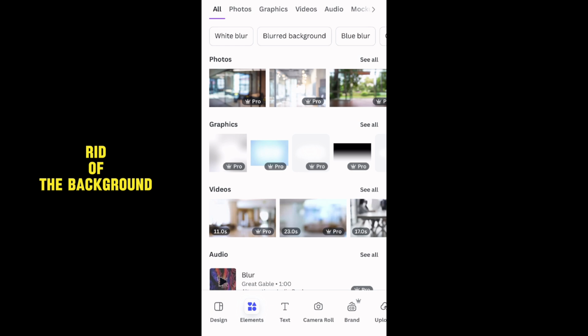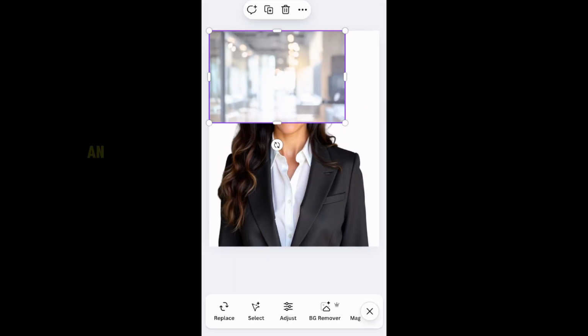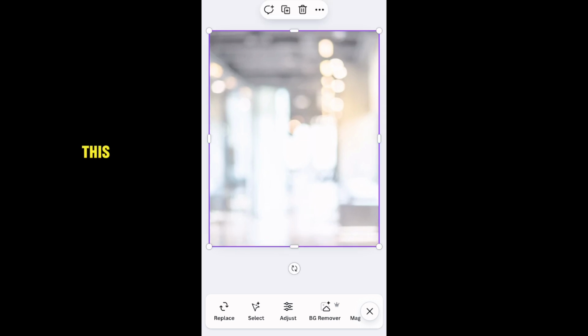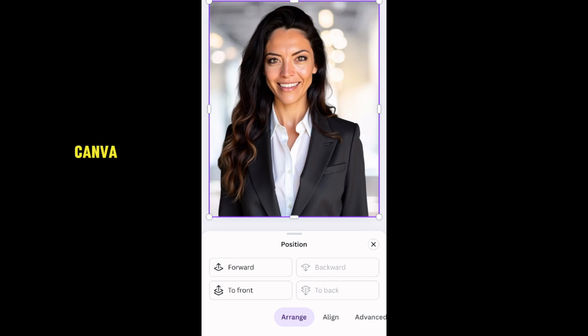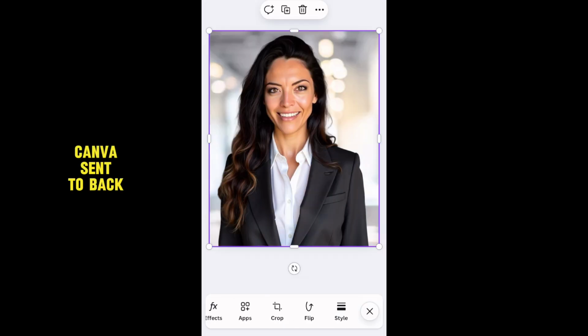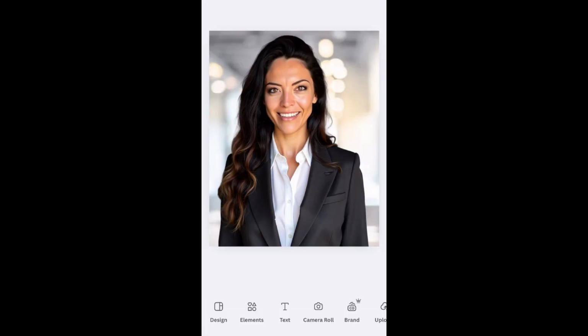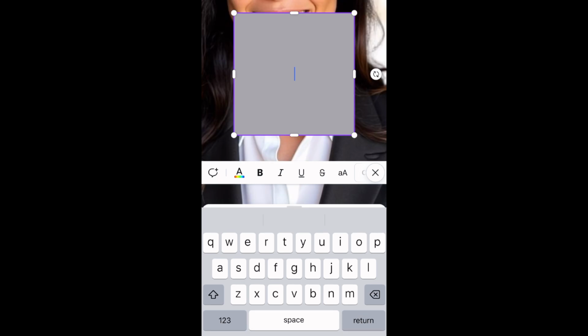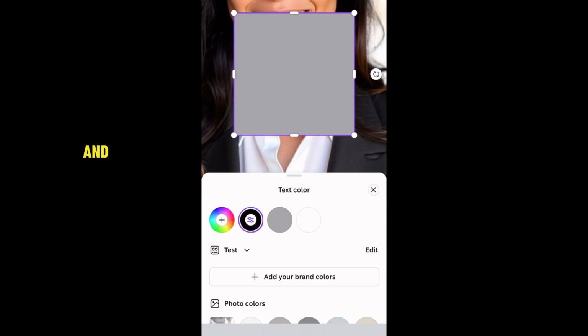So we got rid of the background. We're going to choose an office blur background. This was in the elements section of Canva. Send to back. And now we're just gonna